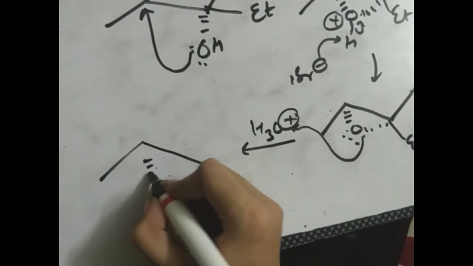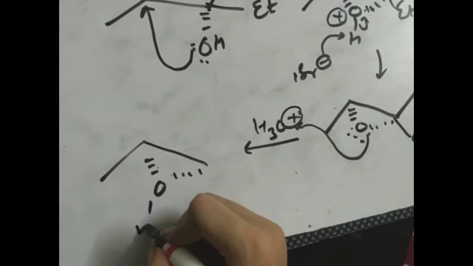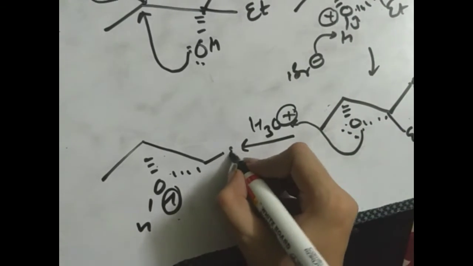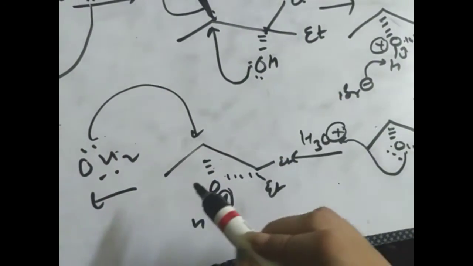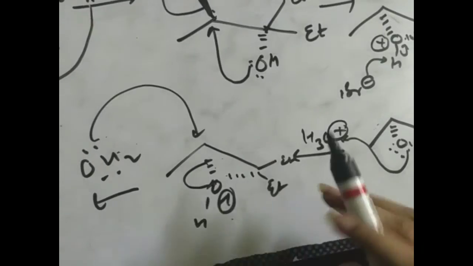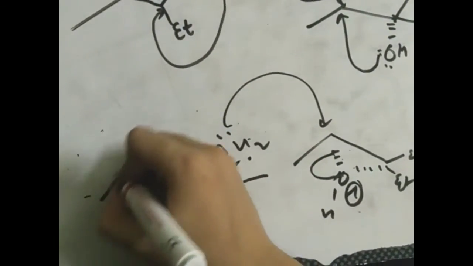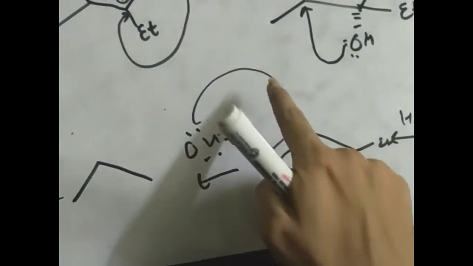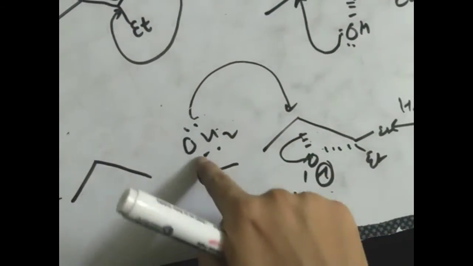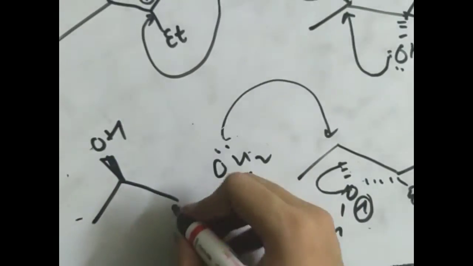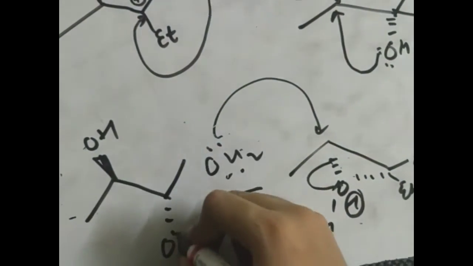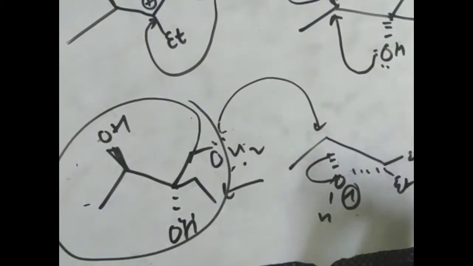Okay, and as soon as this happens, water molecule will come and attack from behind, okay, and this bond will be broken just like this. And since it is attacking from behind, the new OH group will come above the plane. It will be above the plane, and this one is below the plane, and rest is Et, so I'm showing it like this, 2 carbons. So this is what we are going to obtain.